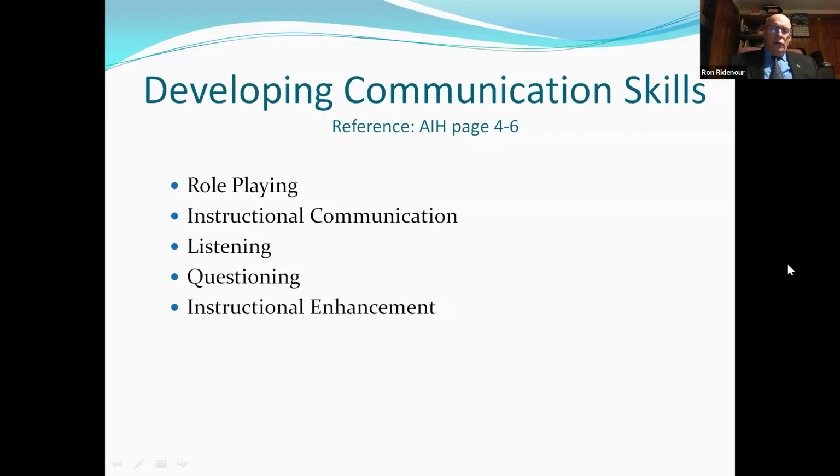And communication skills can offer instructional enhancement as well. A good communicator, and I always hold up Bob Wander as one of the really good people that I've run across over the years, who's really a good communicator. I think he always seems to offer a little different point of view and can communicate well with the learners that he's trying to communicate with.